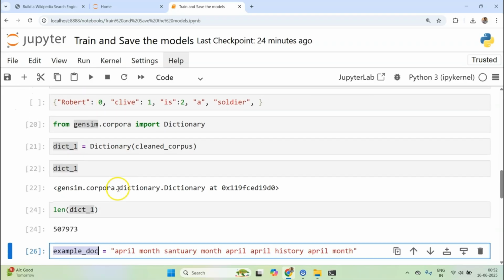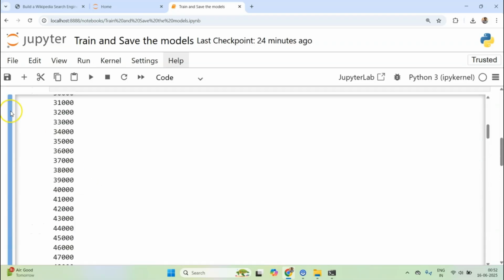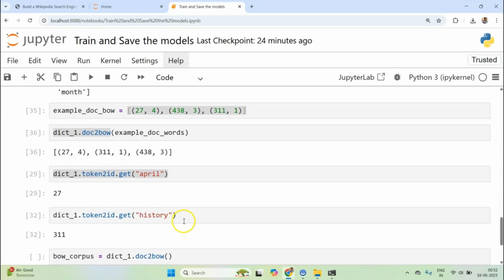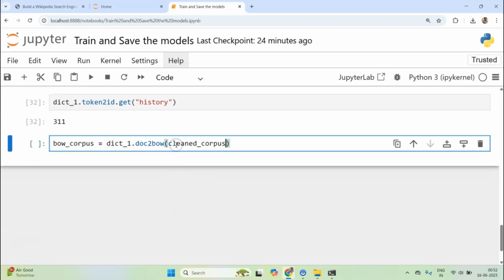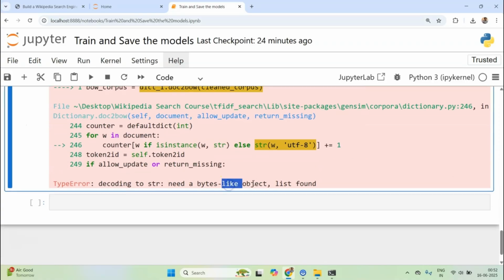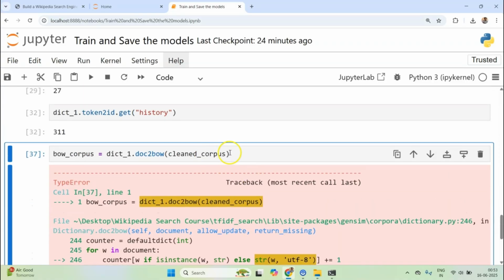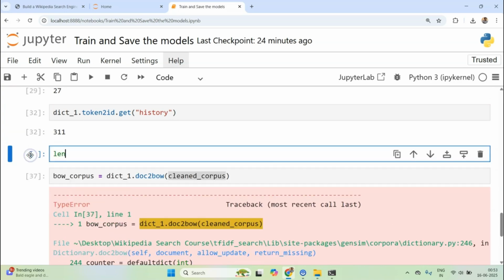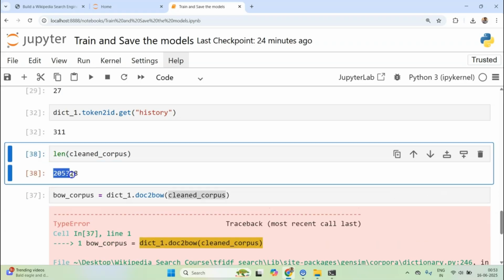Where is my cleaned list of words? So this is my cleaned corpus, and it will go through all the documents. Let me check the length of it: this has 205 documents.